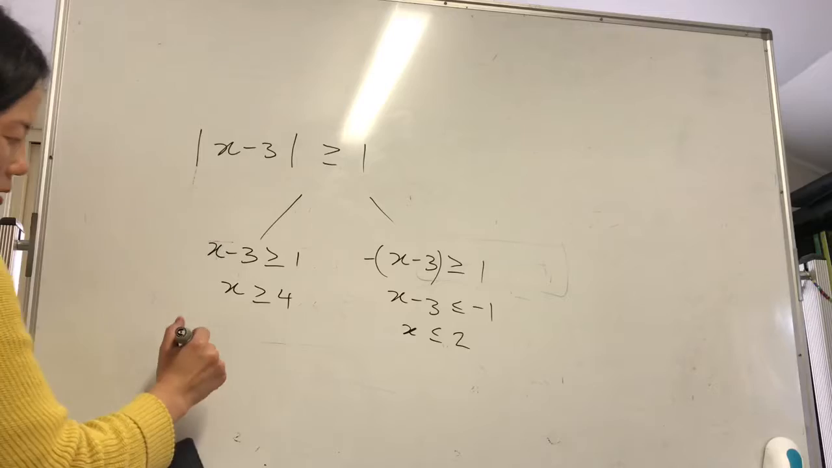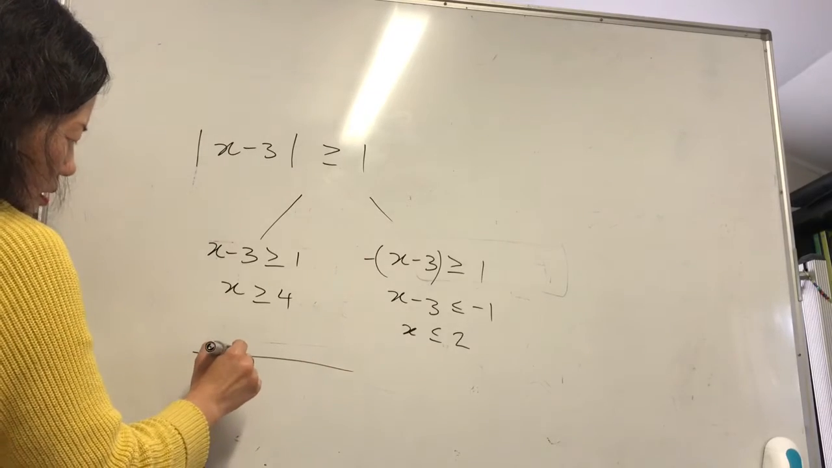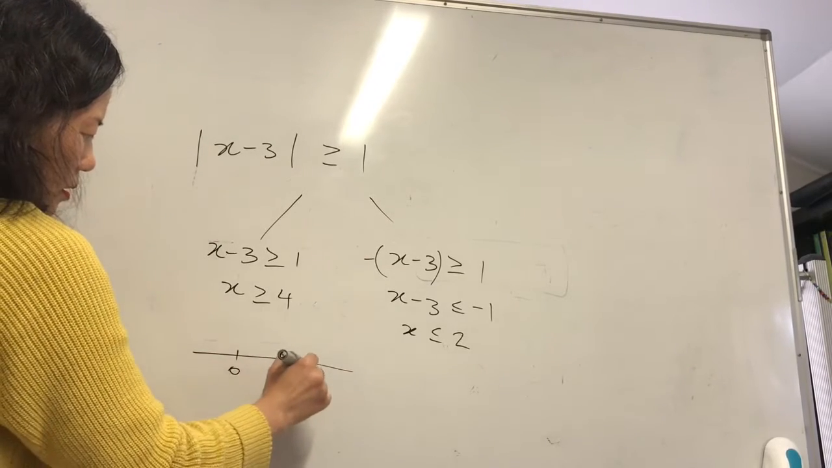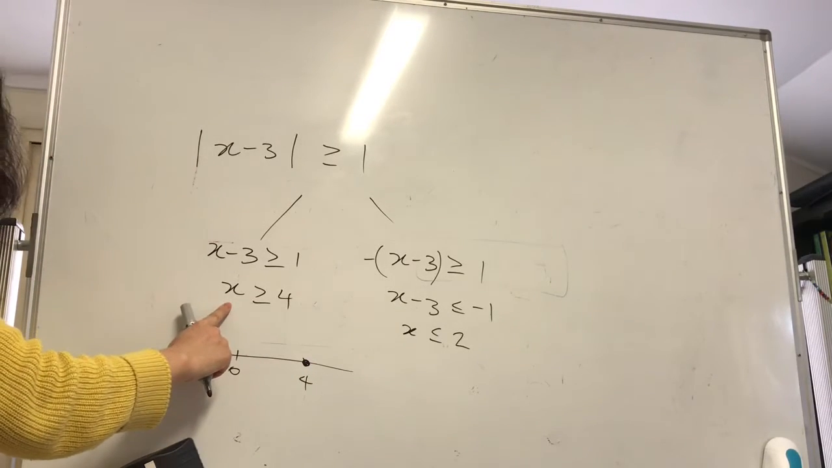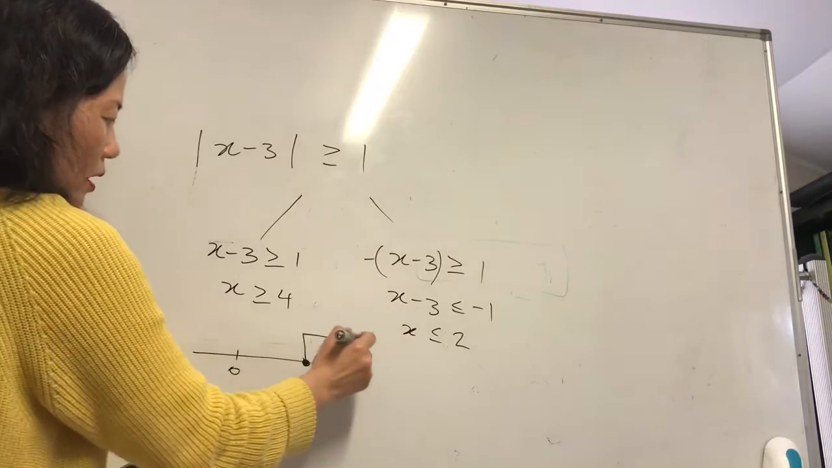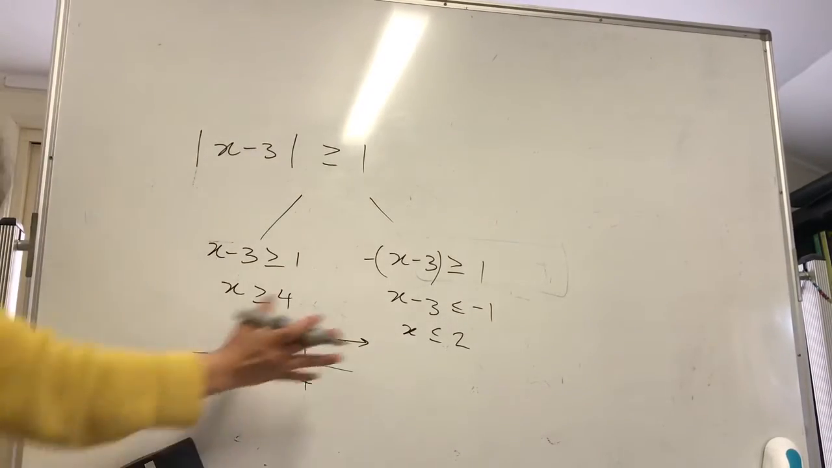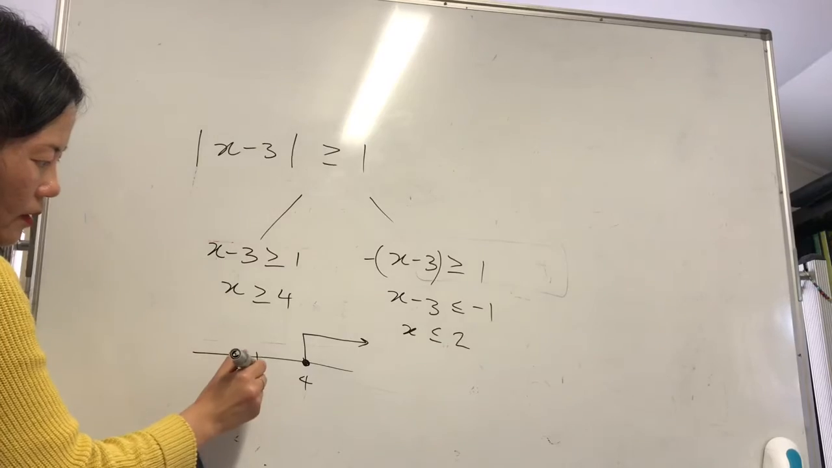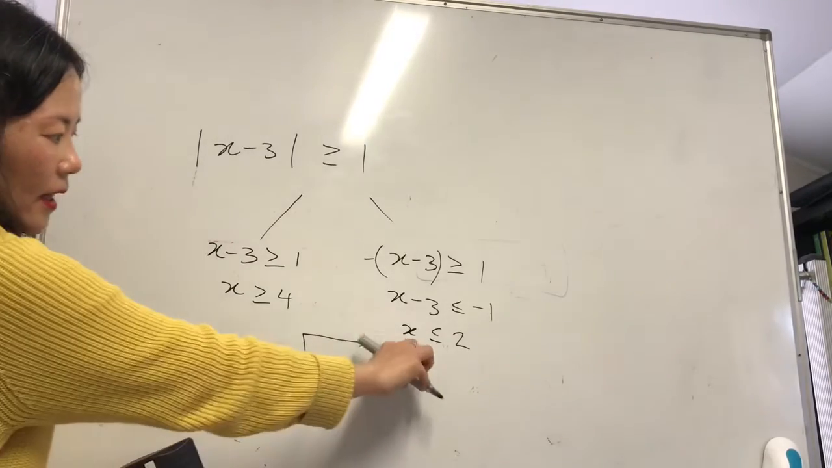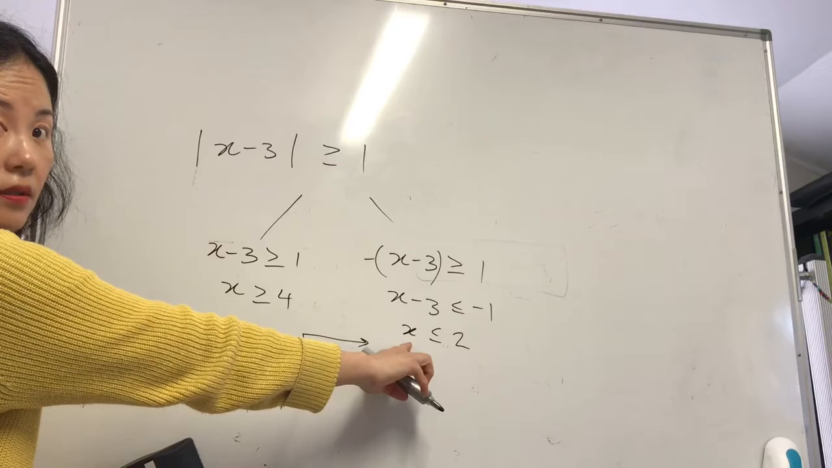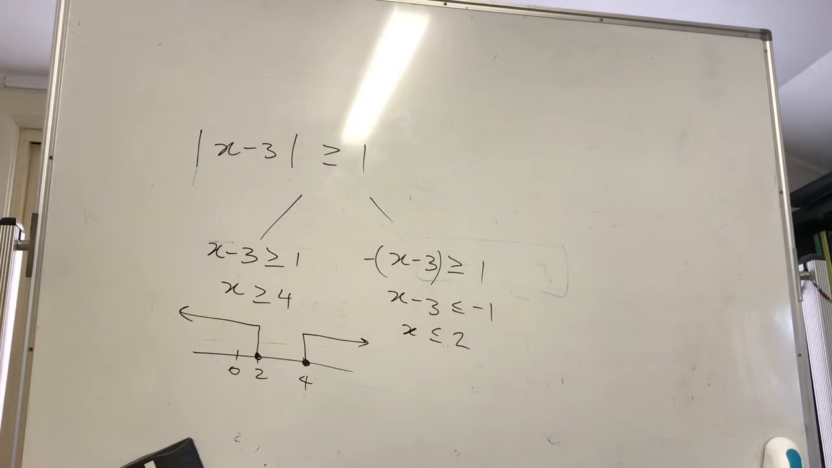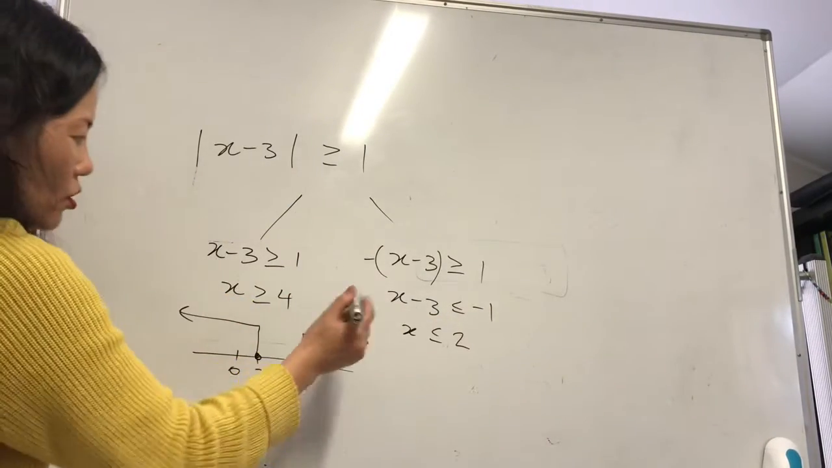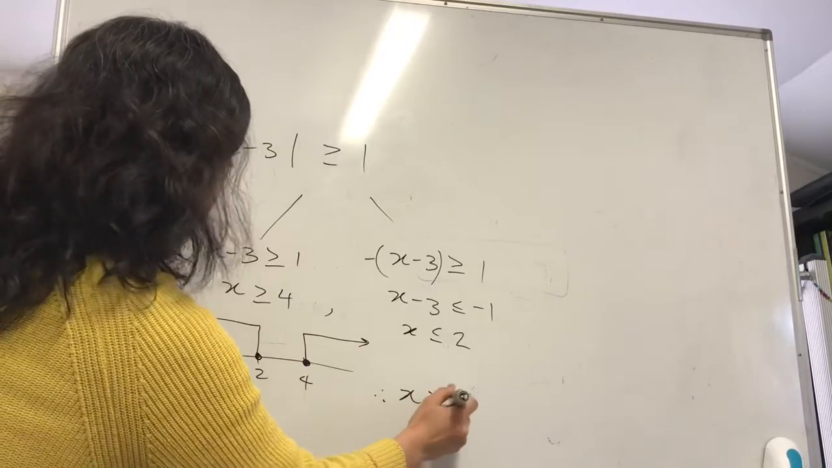So what does that mean on a number line here? It's 4 here. X is bigger than 4, isn't it? So that's going to here. And 2 is here, and X is less than 2, isn't it? So it's going to be like here. They don't really have a common part, because one is going this way, one is going that way. So your answer should be X is bigger than 4, or